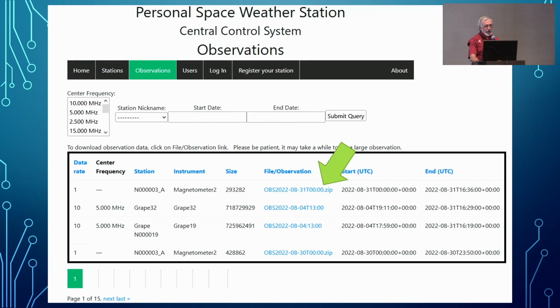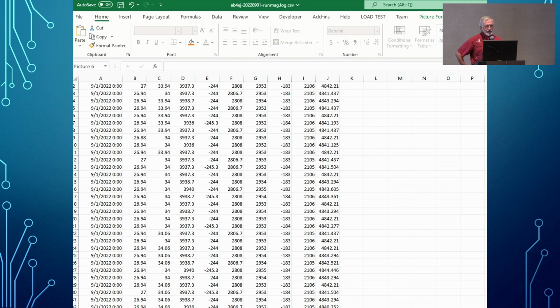Let me show you an example. Okay, here is an observation I'd like to analyze. I click on it. It shows up in my download directory. I unzip it, double click on it, and then open it up into Excel, whereupon I see something like this. This nice eye chart. We don't have to go into a lot of detail on this, but suffice it to say that on the left is your time stamp, and then going across the top,